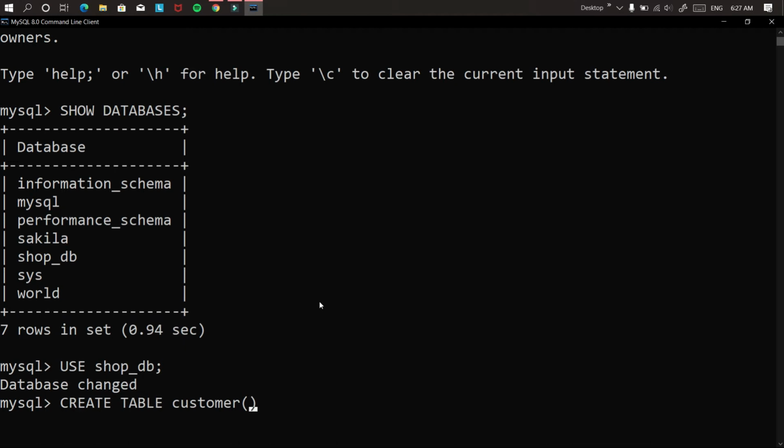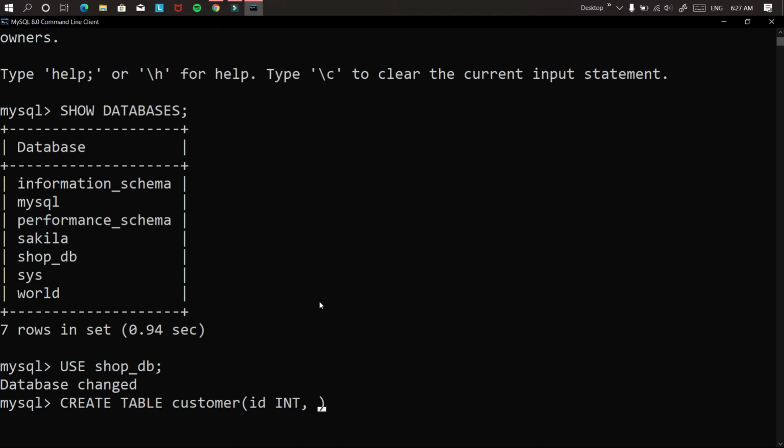Now I have a ID or serial number column inside my customer table, and this field is integer, so I will write int after the ID. And then I have name column and name is a string.